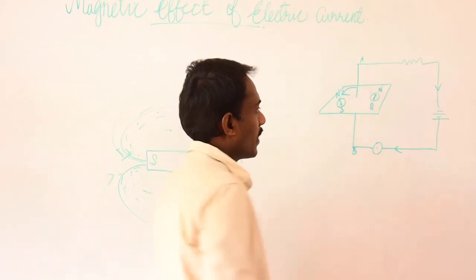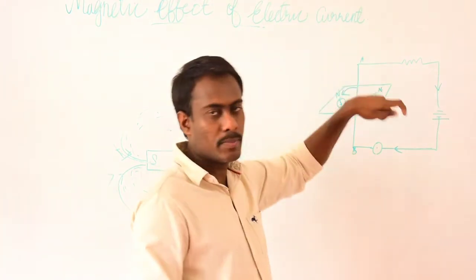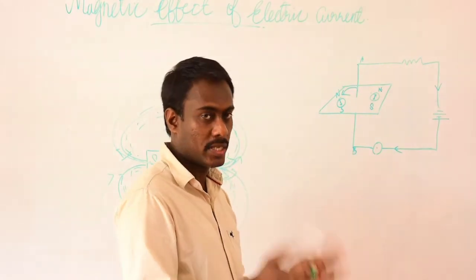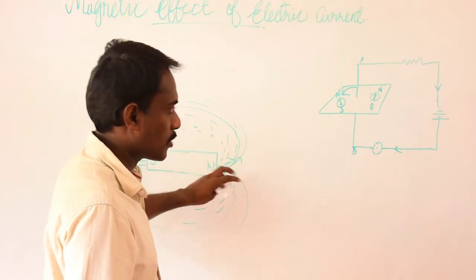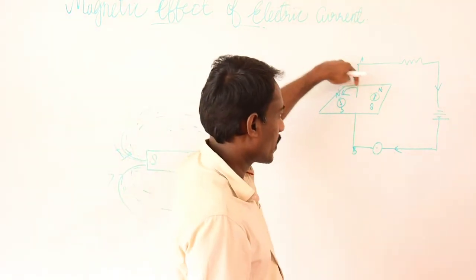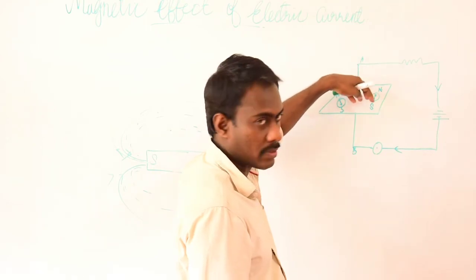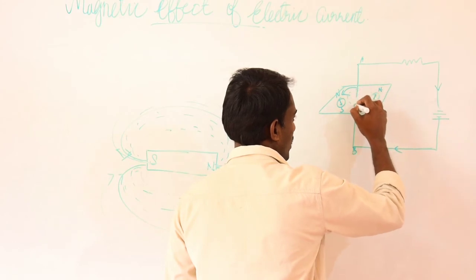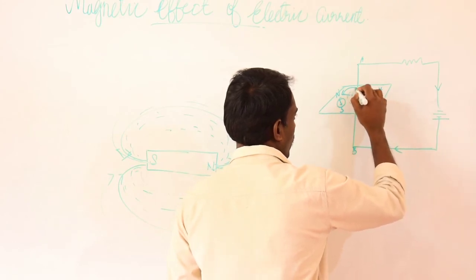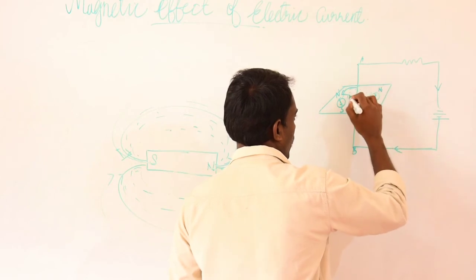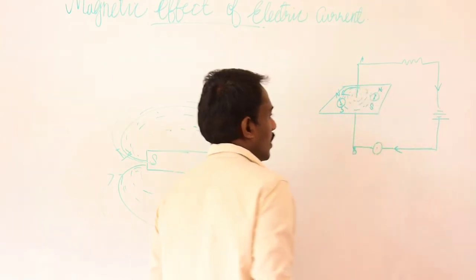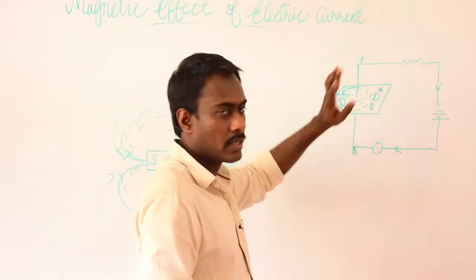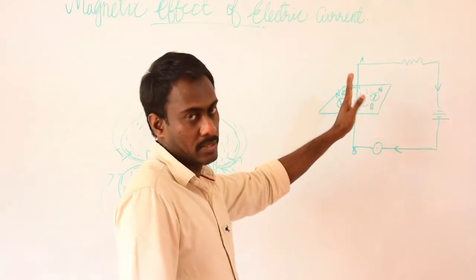In order to find out the magnetic field lines produced by a current carrying straight conductor, we demonstrate the same experiment. If we sprinkle the iron filings on this paper, what will happen? These iron filings will form concentric circles around the conductor on the paper. And these will be the magnetic field lines produced by the current carrying conductor.